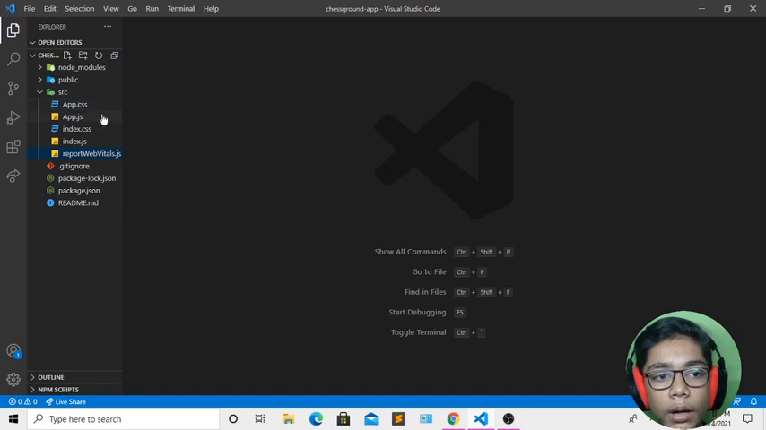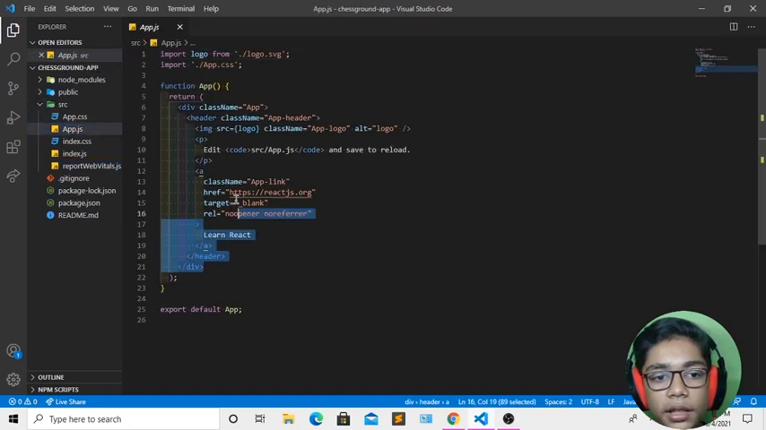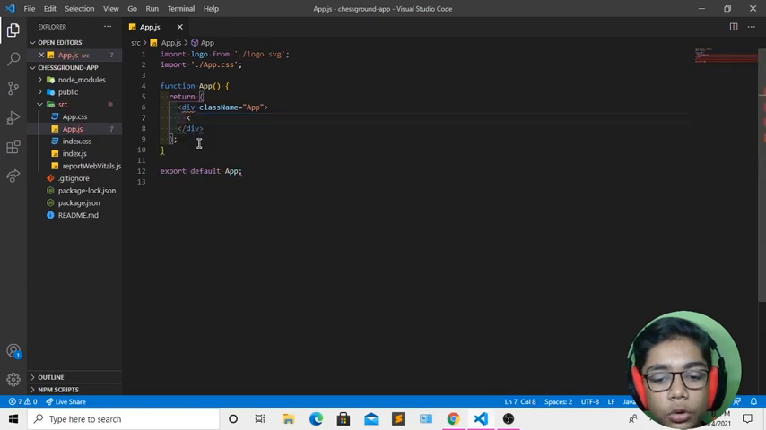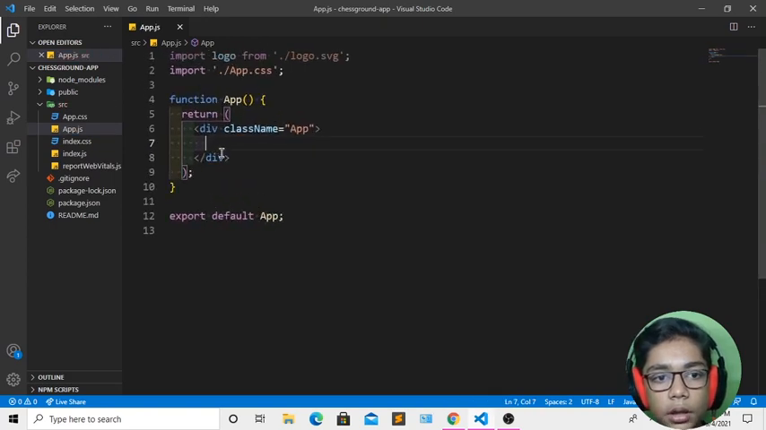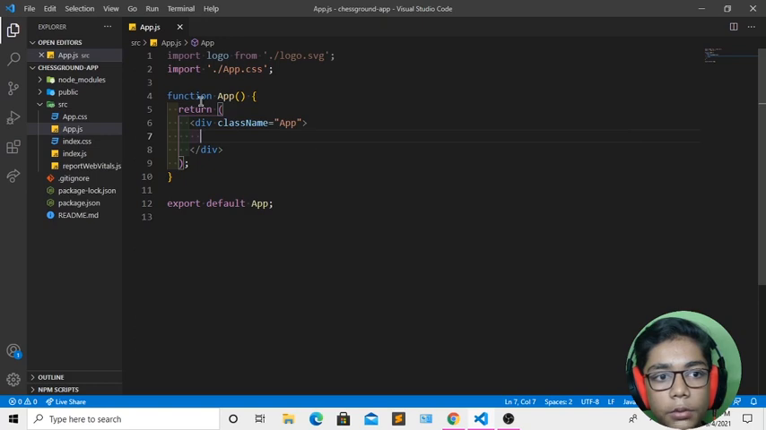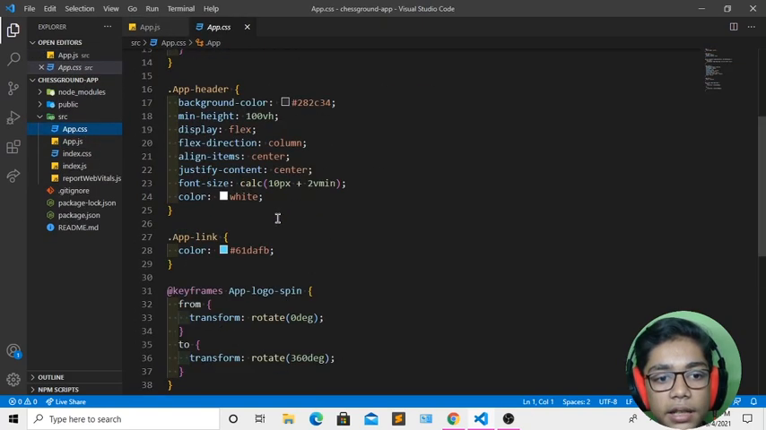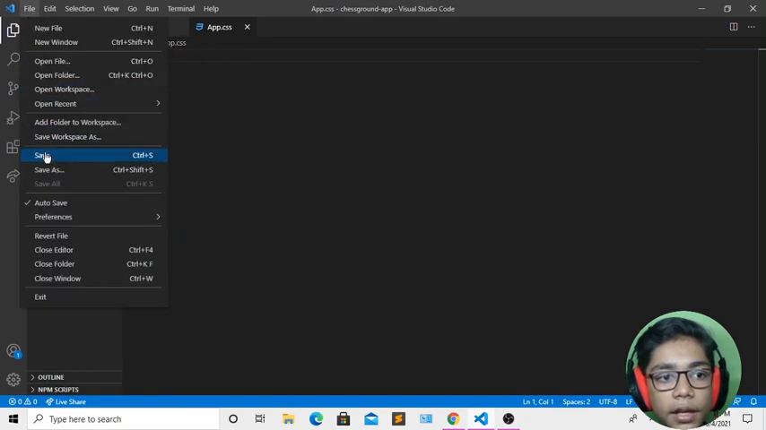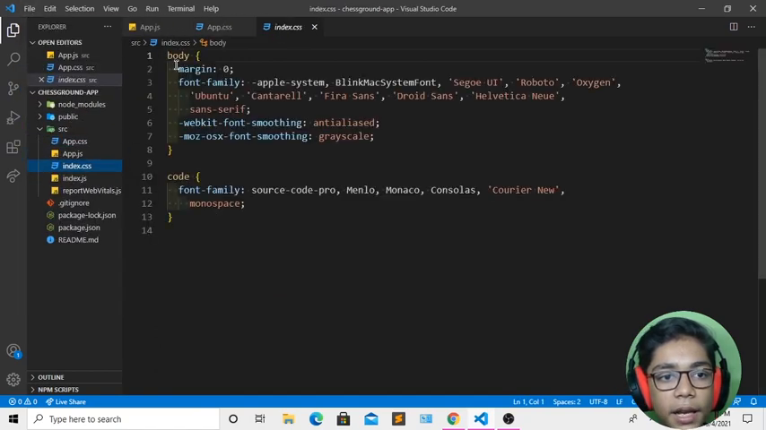Now here you have to go to app.js and delete everything which is written in this div. So I'll be deleting all of the things. Here you have to zoom in, so I will show you what code I am writing. I will zoom in. Now here I will be going to my app.css and deleting all the things in that also. And then if I save that, I'll be going to my index.css file, and I'll be